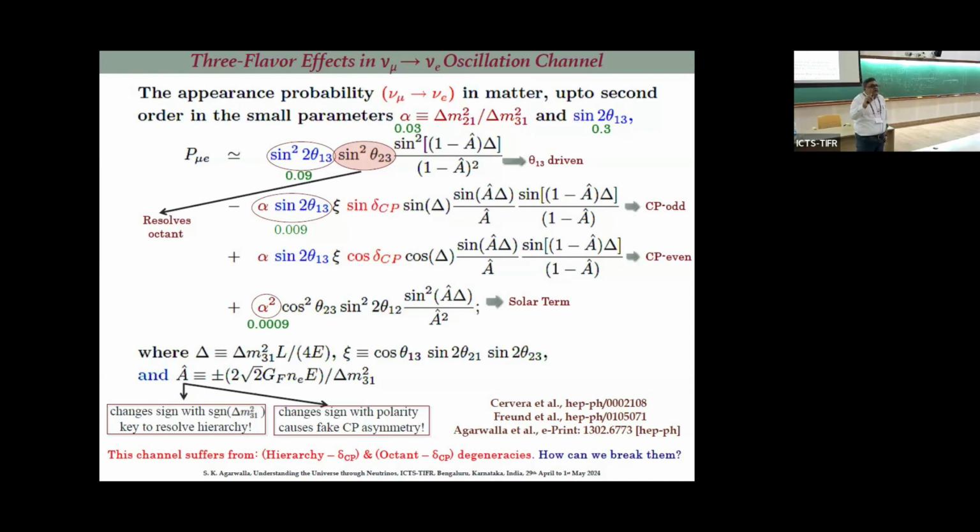In the coming decade, that is a big problem that we need to address when you want to measure delta CP. The CP-odd asymmetry comes because of the pure CP phase. Matter will always become a hindrance. Matter will also give you asymmetry. That is called the fake CP asymmetry. Delta CP will give you the real CP asymmetry. But in your measurement, they are coupled. How to decouple them is one of the biggest problems.